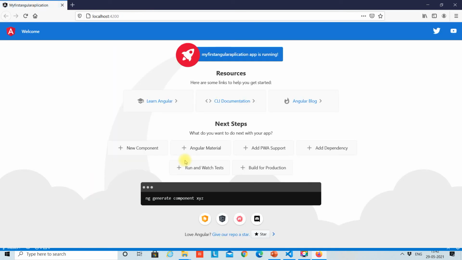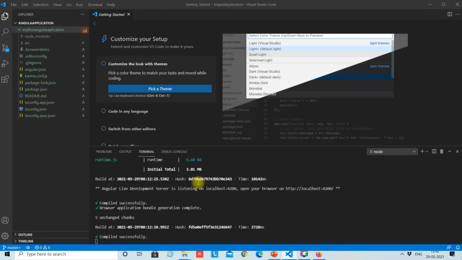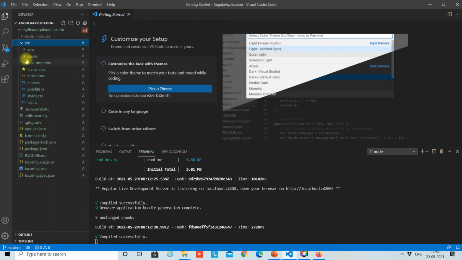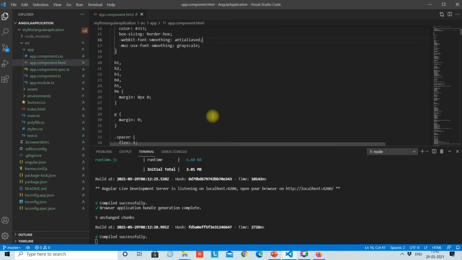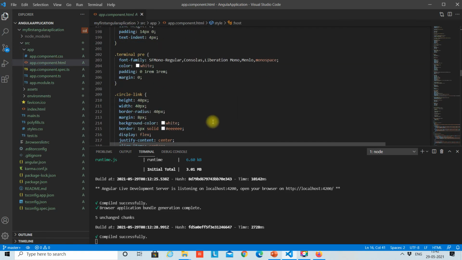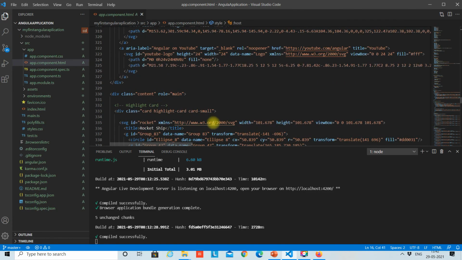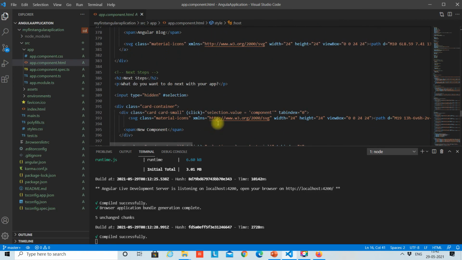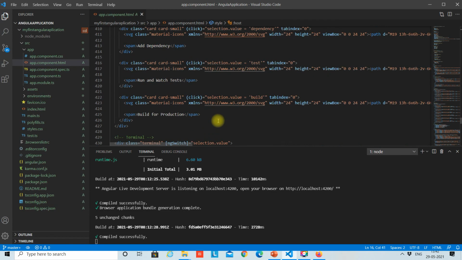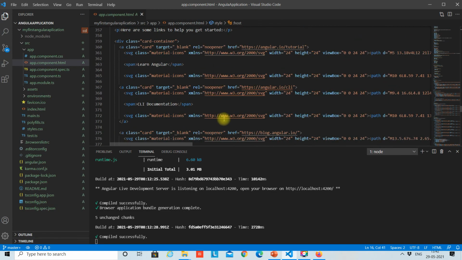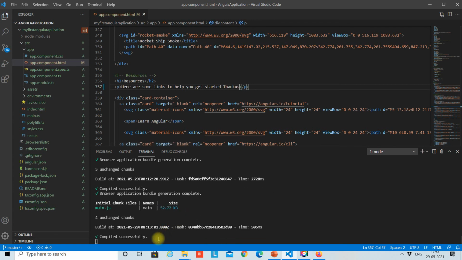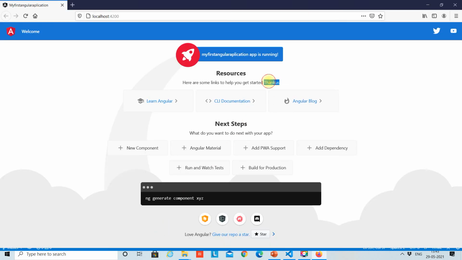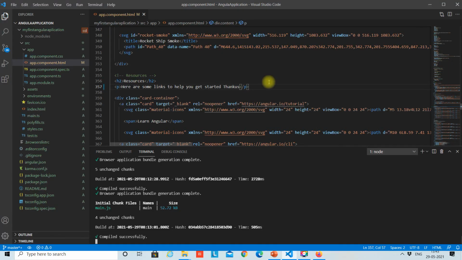As you can see, our application has already been created. Now if I go to the HTML page, the first thing that Angular runs will be app.html. The hot reload feature is already integrated, so we don't have to do anything else. If I change this text and just save it, it will automatically detect the changes and they will be reflected in my application as well.